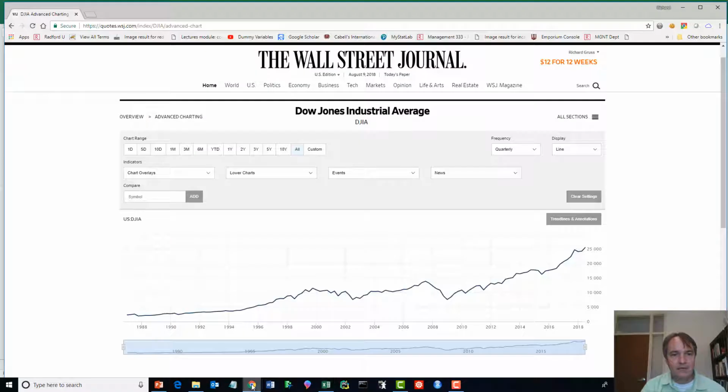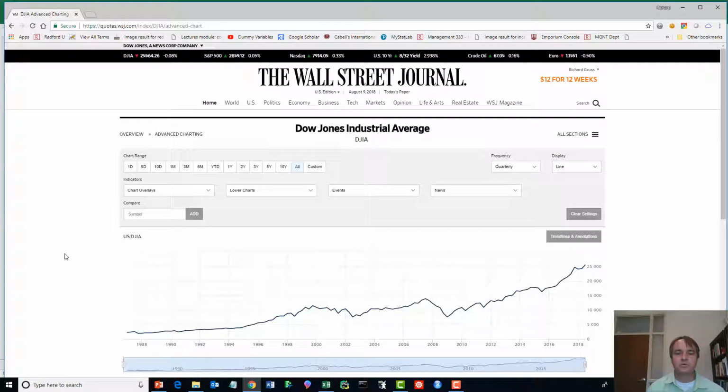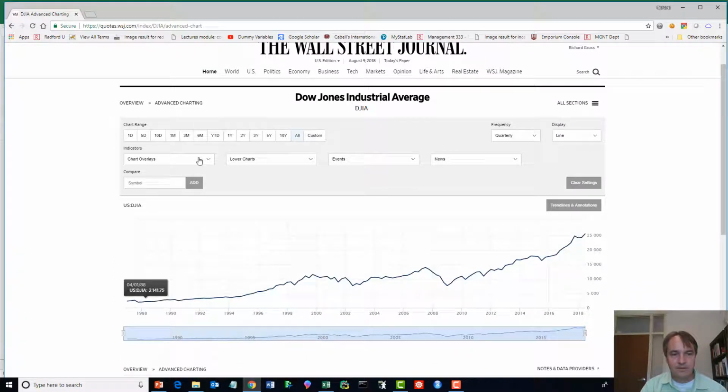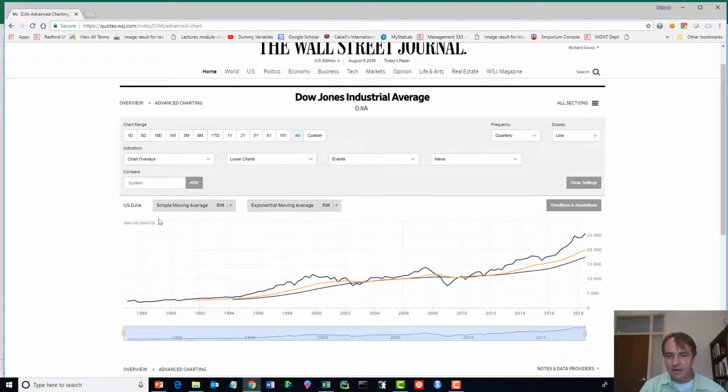Let's add an exponentially smooth series to the Wall Street Journal Dow Jones. So let's put our simple moving average back on there, and now notice that it's got an exponential moving average. Okay, so they call it a moving average, but it's still exponentially smoothed. Okay, so all right, now notice